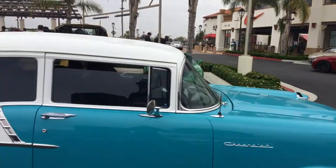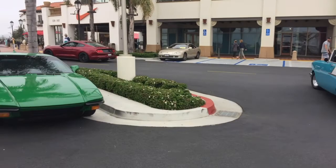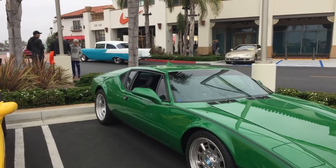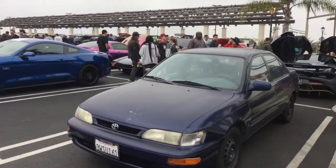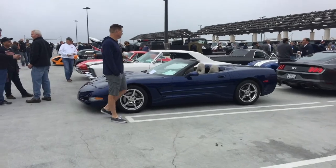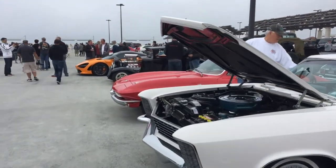We'll just scoot up this side because we missed this. Beautiful 57 Chev pulling out there, sounding pretty healthy. A really nice Pantera, really nice green. Jay's Ford GT, don't know what that little thing is doing there. A Mustang again, Corvette, and then the 65 Riviera, and